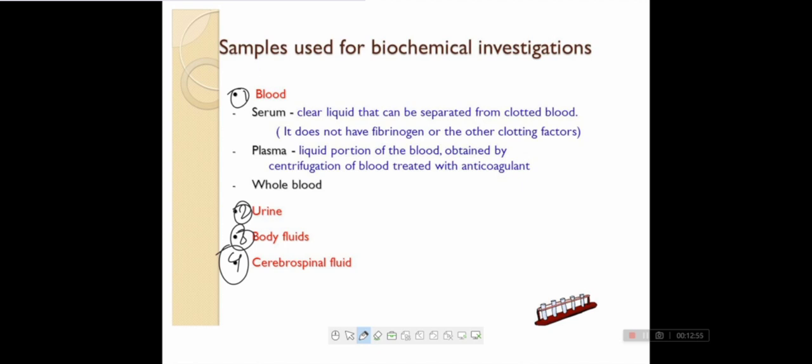You know, every person once in a life goes to a biochemical laboratory for the examination of blood, right? During that, the technician comes and collects a sample, that is blood. Why do they collect blood? Because in our blood